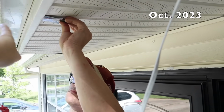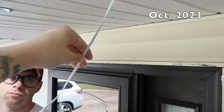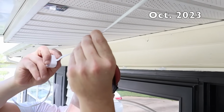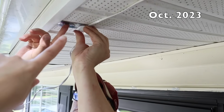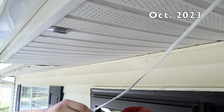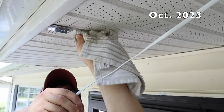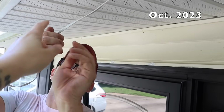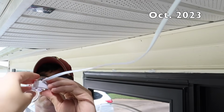And you want to measure it from the outside of your overhang. So we're just securing it in this little lip here. So then you make sure that your cord is not twisted and that it's taut, and see where your next light is going to end up and making sure that it's measured away. And then you're going to take your rag and wipe that area. You want to make sure it's completely clean. There's no debris. You need a clean surface for this to adhere to, and we're just using a rag with alcohol. And then on the back side of these lights is just this 3M strip, so you just peel that off